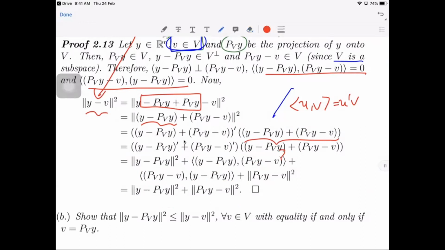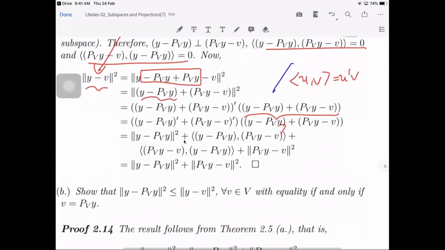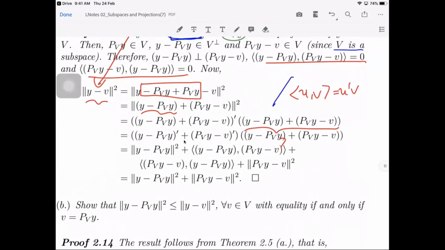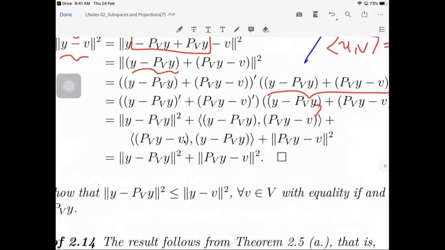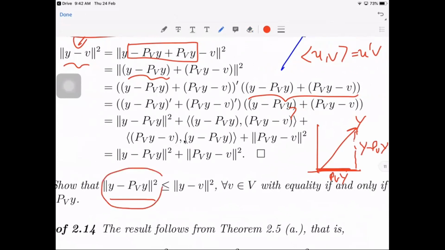And to show B, say, tawag ani. Kini, unsa gani ni? Na kay Y, na kay projection din hi. Kana, unsa gani ni? This is Y minus the projection of Y unto V. Unsay pasabot ani? Kini daw na distance din hi is always less than any difference of Y minus any V